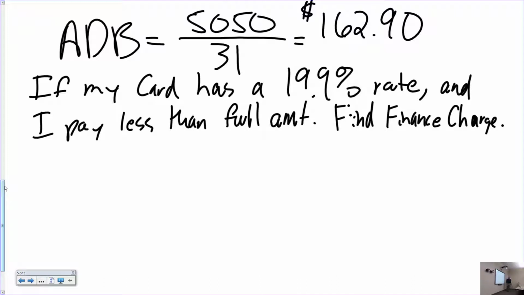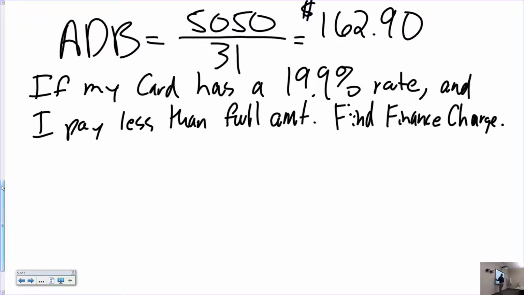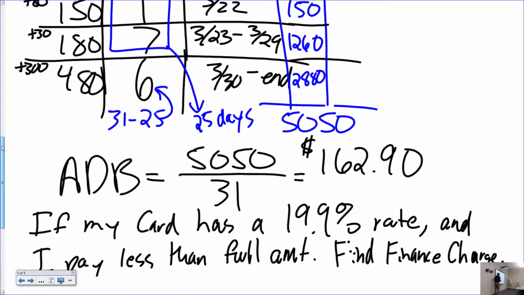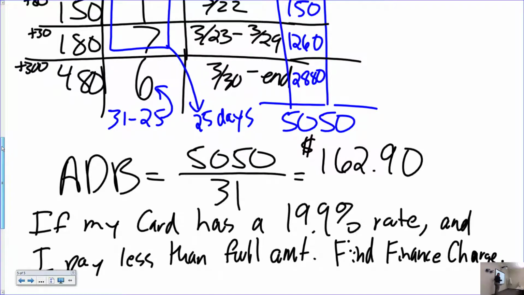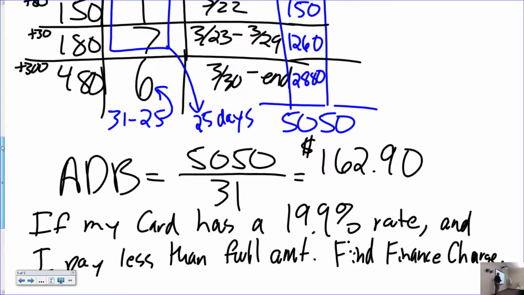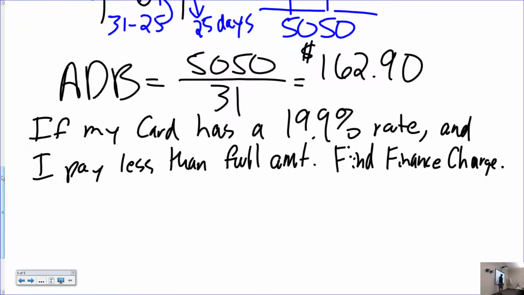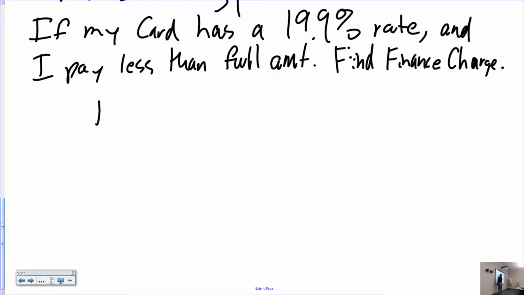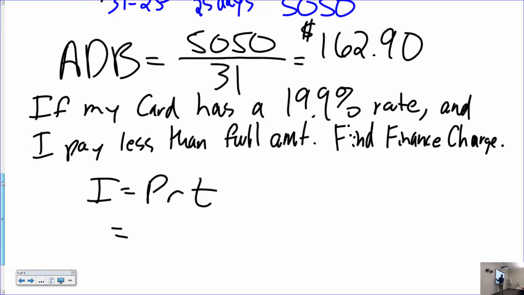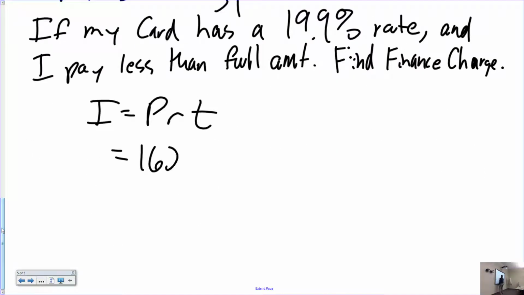So even though technically you owe $480, your credit card statement says you owe $480, if you don't pay the full $480, say you send them a check for $400, they're going to ding you with a charge next month, and it's going to be based off of the average daily balance of the month, this $162.90. That's the only reason you use this number, to calculate interest. So you grab 162.90